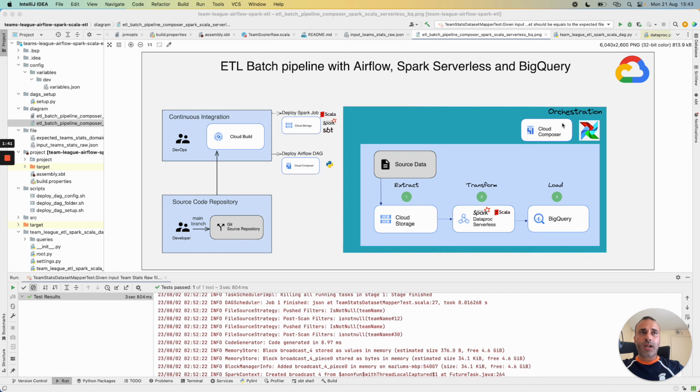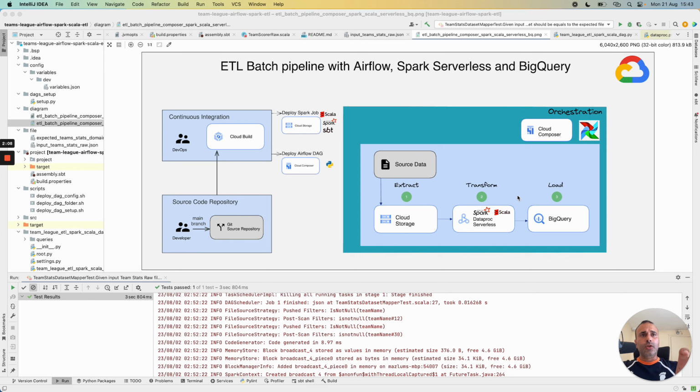And in Google Cloud Platform, we have a Cloud Composer that is a managed service that installs and hosts an Apache Airflow for us in Google Cloud Platform. In this ETL batch pipeline, we read an input JSON file from Cloud Storage. It corresponds to the extract part.